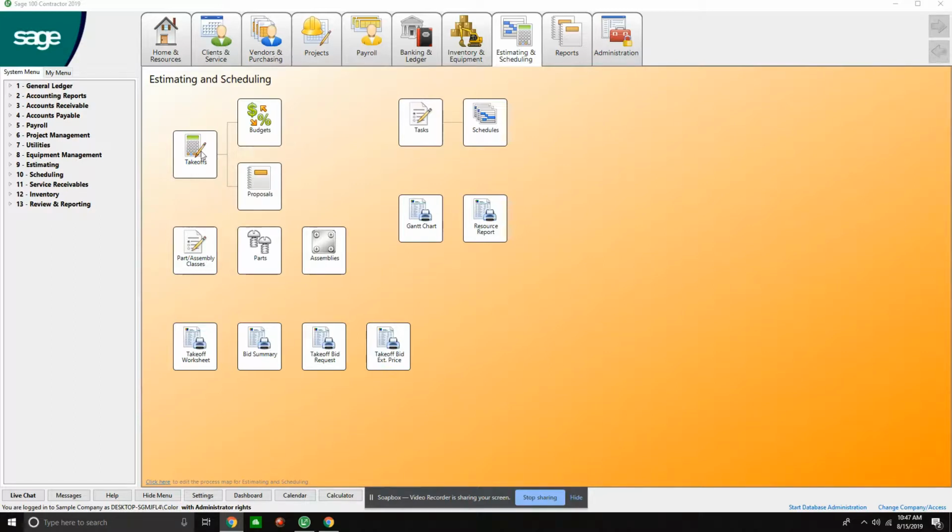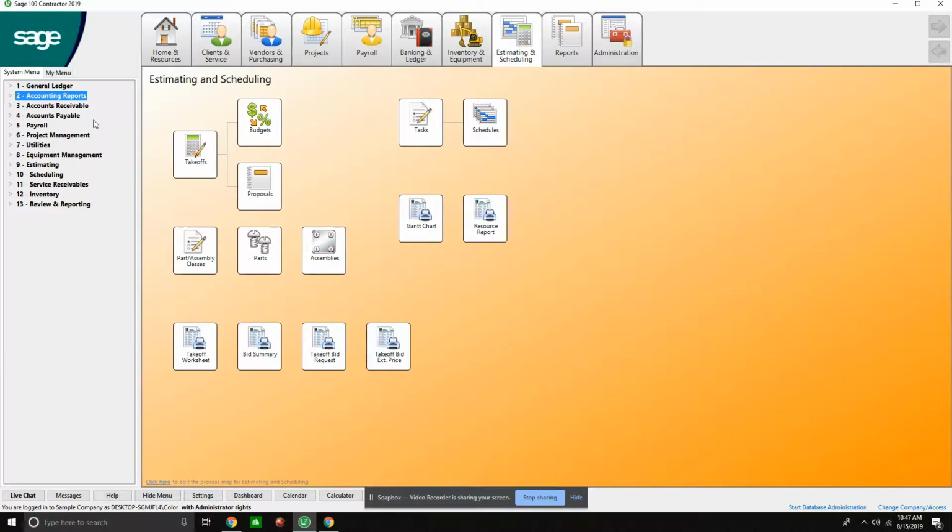So with this solution, Sage 100 Contractor, it will allow us to be more accurate in our estimates. It also is fully integrated into project scheduling. It also integrates directly into the Sage 100 project management piece, as well as the accounting component. So when we get a job or we're working on bidding a job, we can keep all of the pertinent information within the estimating piece of the solution, such as our takeoff.